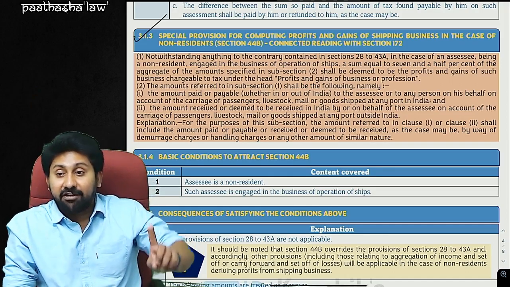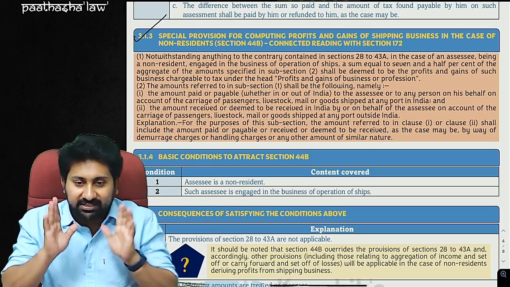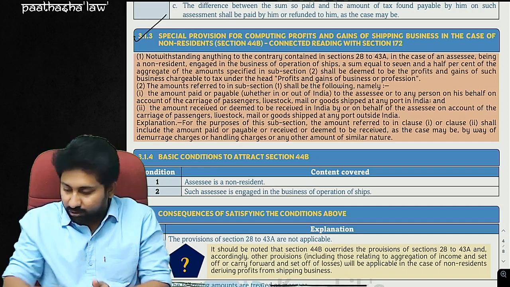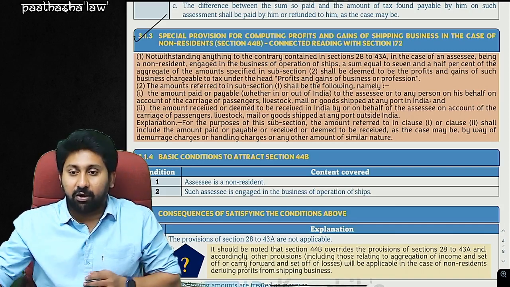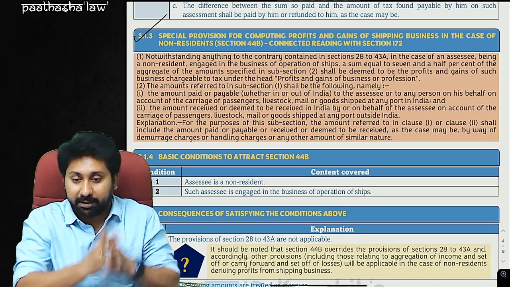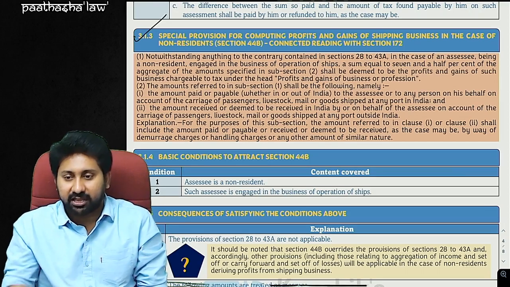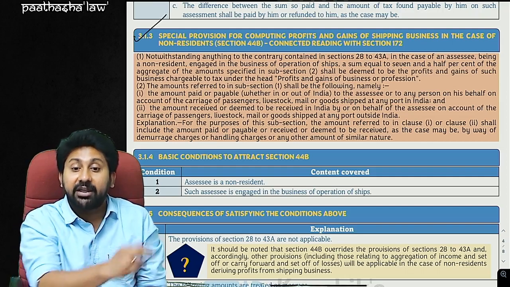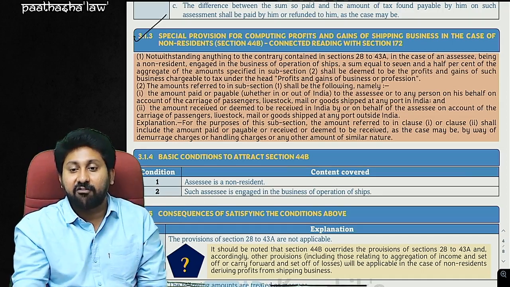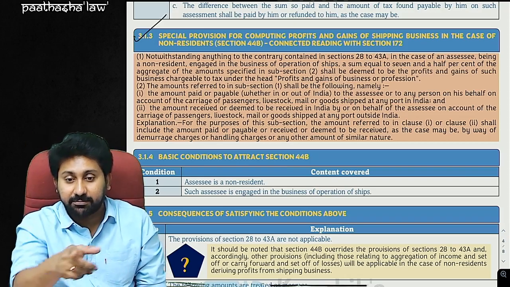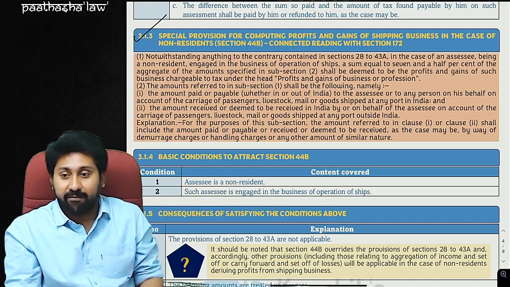So whenever you apply 44B, what is 44B? Let us understand. Now what is the summary you need to understand? 172 should be read along with section 44B. 172 says that pay the tax immediately at the source in which income is generated or deemed to have been generated or to be generated in future, but you need to pay the tax at the rate of 40% on 7.5% of the presumptive income. You paid, year completed, assessment year came.